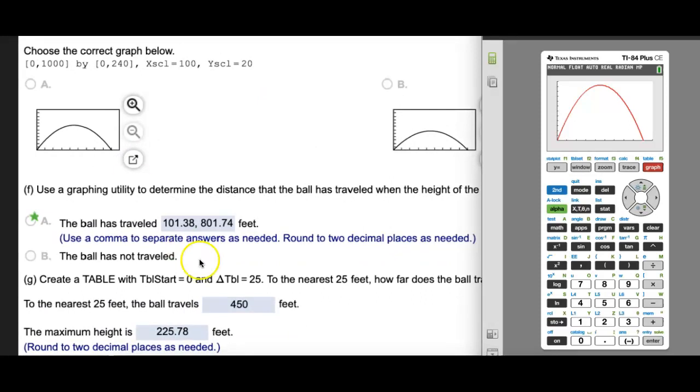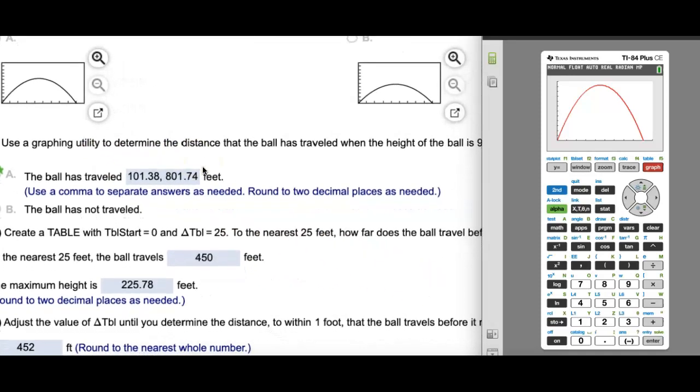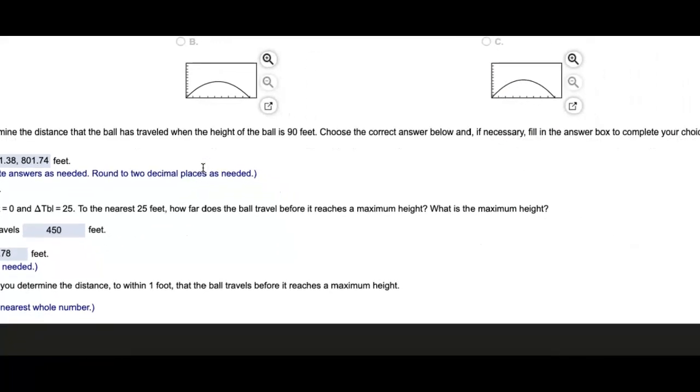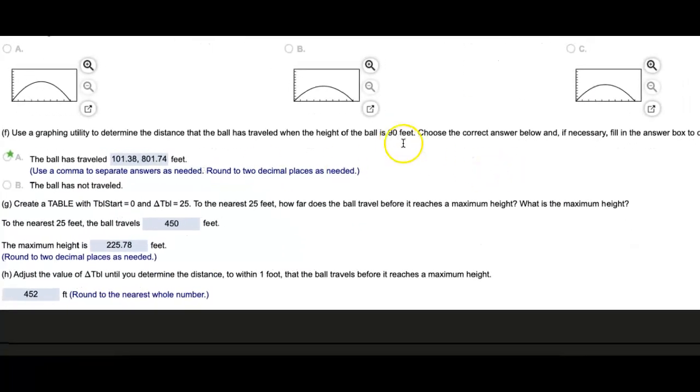Another thing that I can do is I can find X values when I'm given Y values. So for instance, in part F where it says use a graphing utility to determine the distance the ball has traveled when the height of the ball is 90 feet. Let me zoom this out just a little bit here. So when the height is 90 feet, what we're going to do